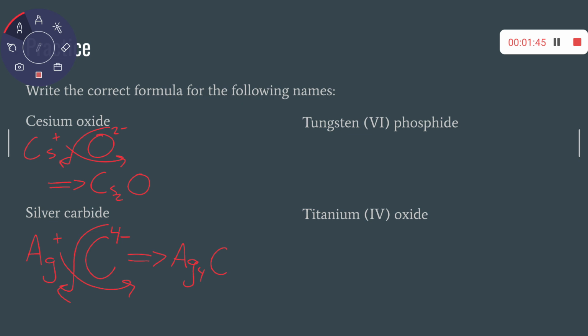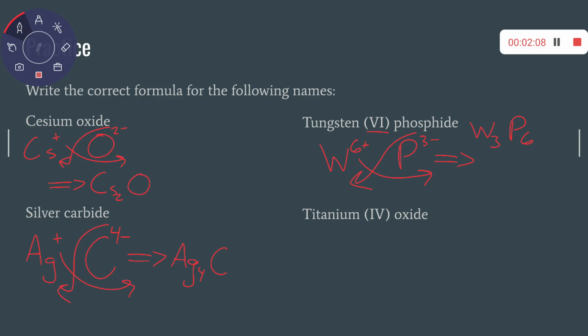So now let's talk about these transition metals. The Roman numeral tells us the charge, but as always with metals, it's going to be positive. So tungsten, because of this Roman numeral, is a 6+. Phosphide comes from phosphorus, and on our periodic table, we know that that is a 3-. When I drop swap, I should get